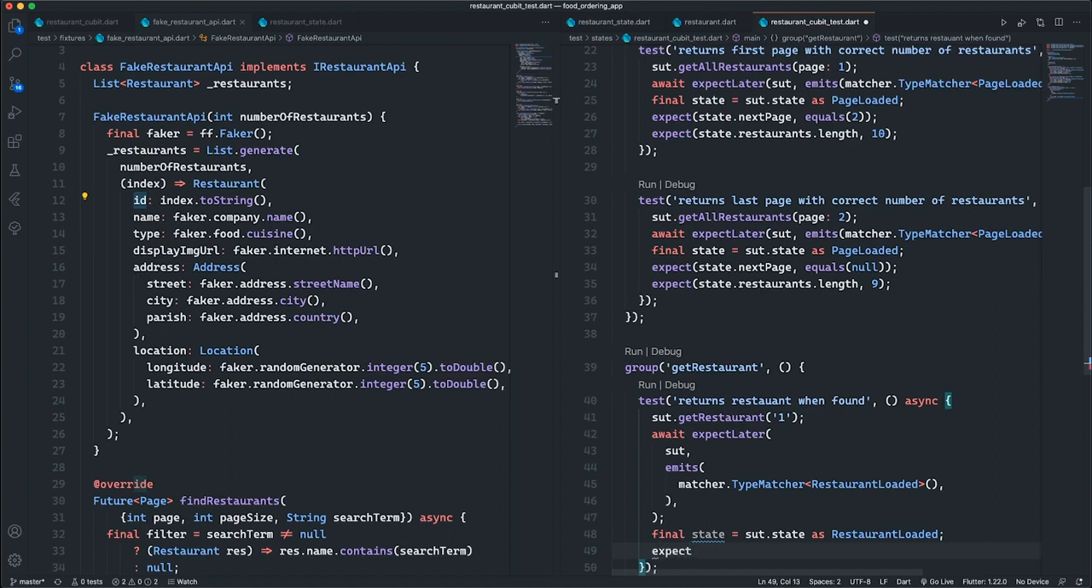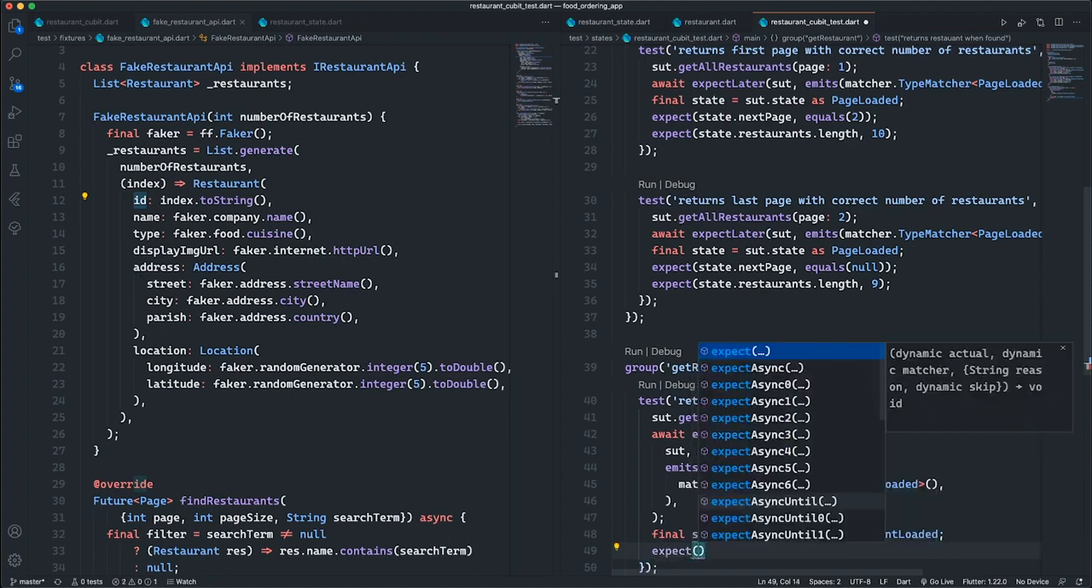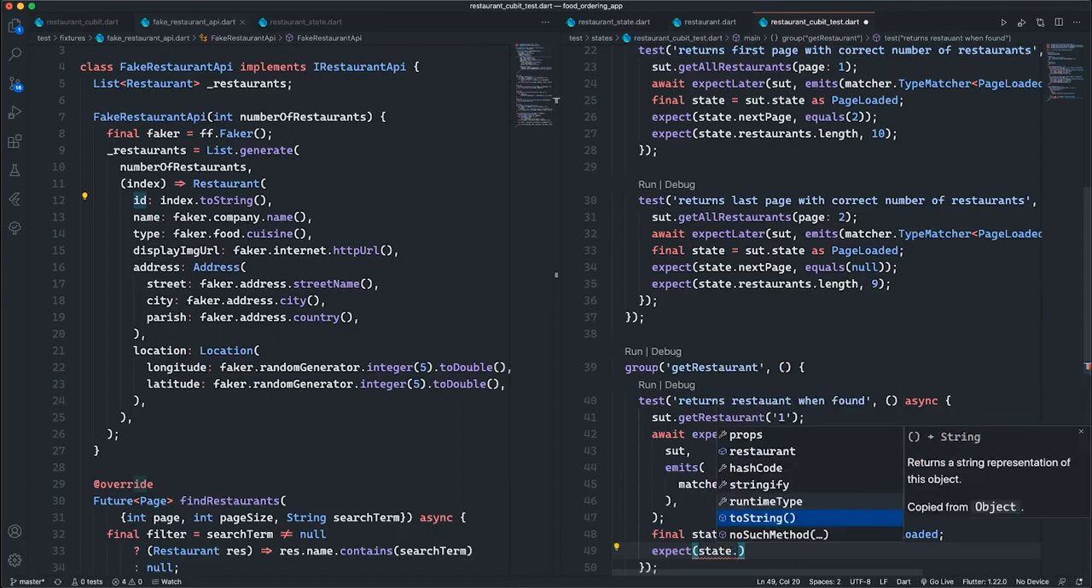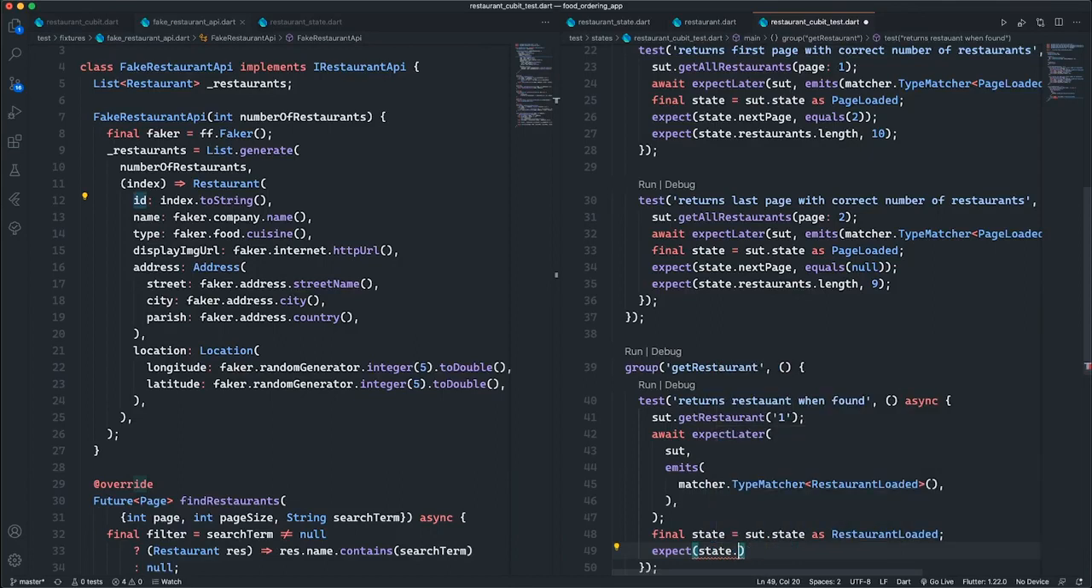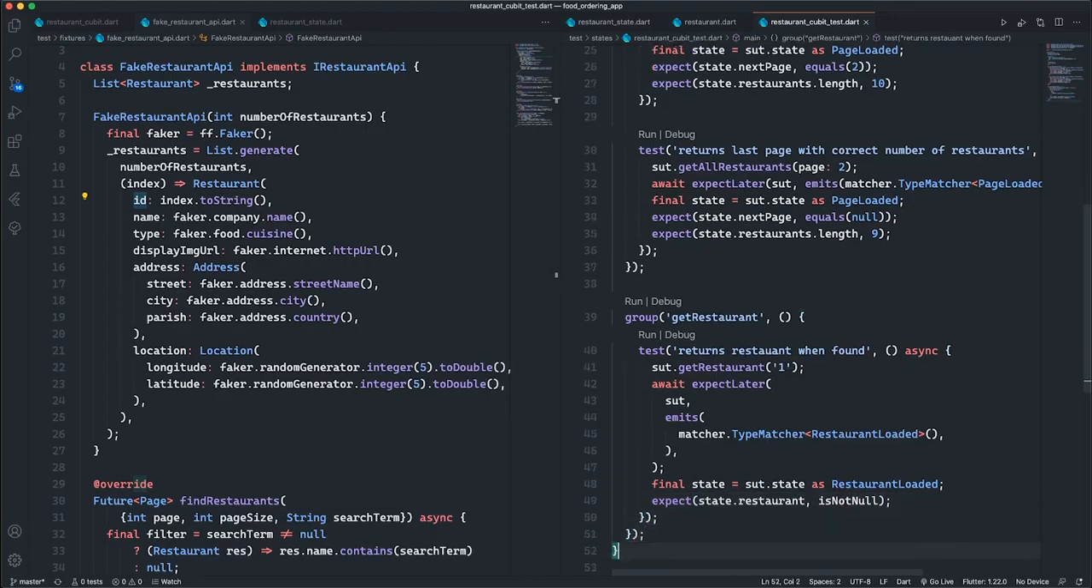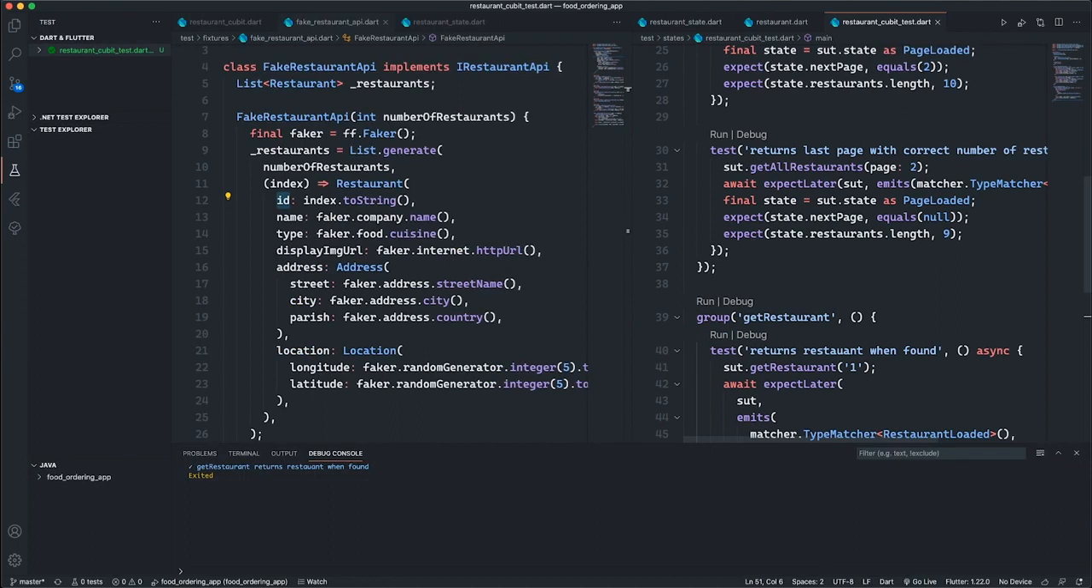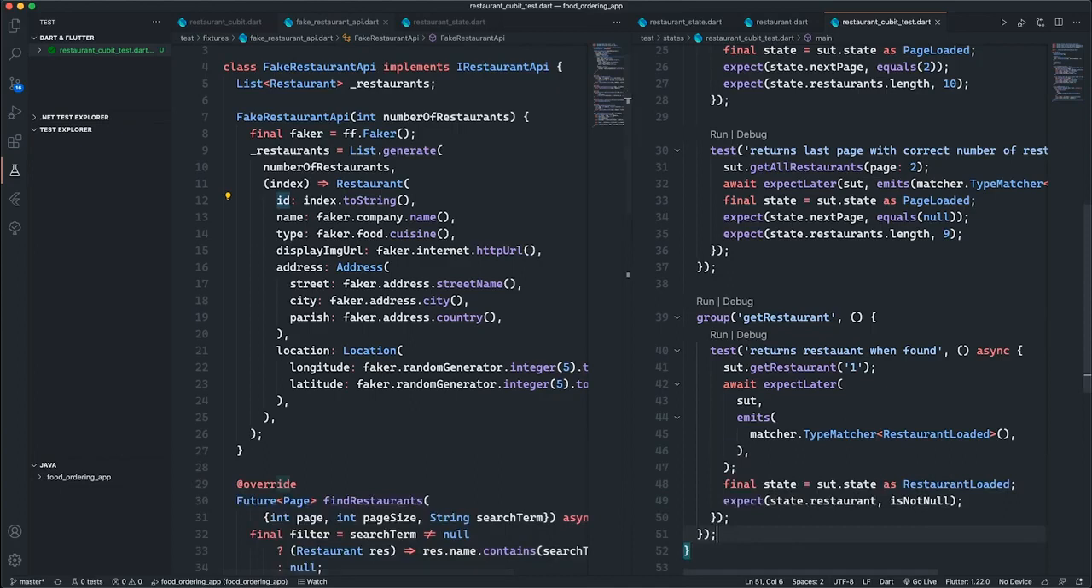Then I expect that the state restaurant, I expect that it is not null. I expect a restaurant to be present. So if I should go ahead and run this test, as you can see, my test is passing. So now for my next test,